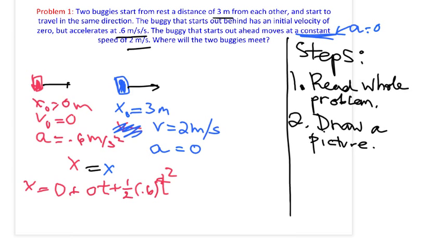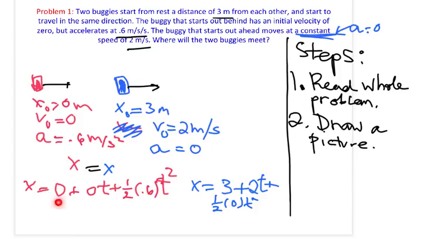Okay, my blue buggy, I'm going to have x equals my x naught, which is 3 meters, plus 2, which is my initial velocity, times t, plus 1/2 times 0 t squared. Okay, so I'm going to shift over to the next slide, but I'm going to take these two equations down